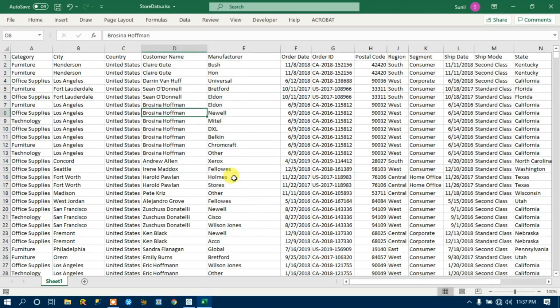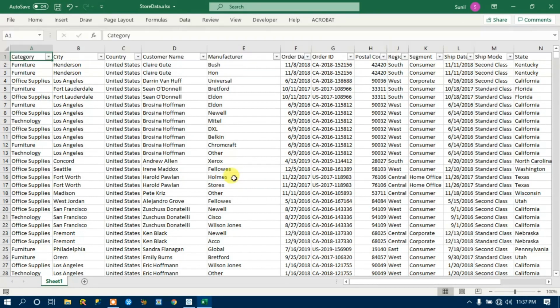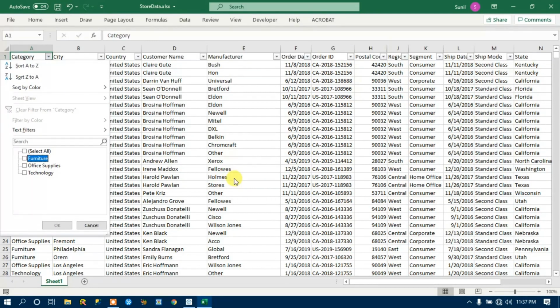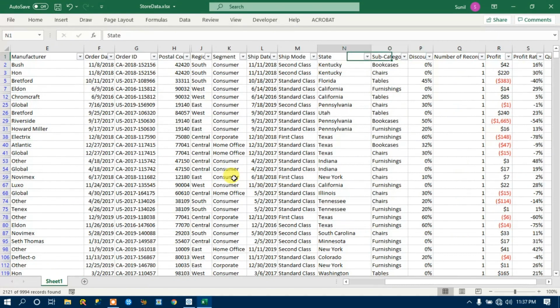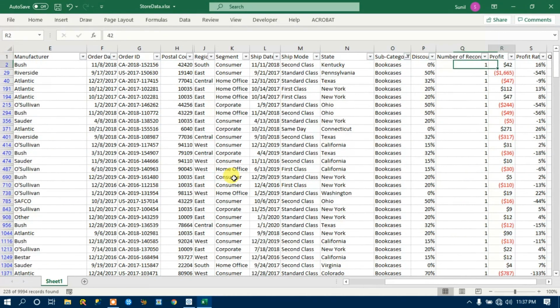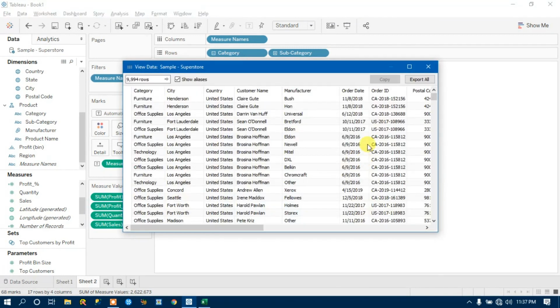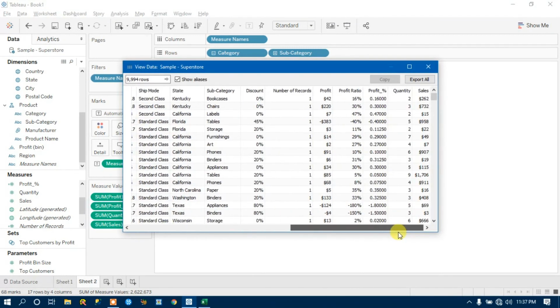If I come over here, I will show you what it is doing. Let me pick furniture and bookcase, filtering it out with furniture and picking bookcase. If I show you the data, it is calculating the percentage, which is correct. This is 16%.